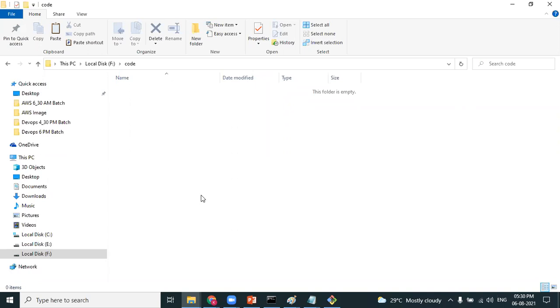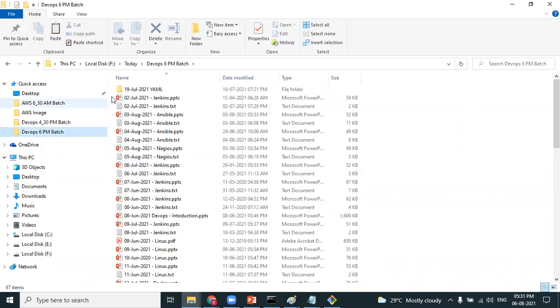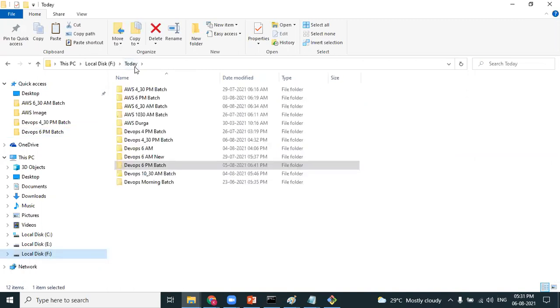Okay. If I delete the .git folder, what would happen to the local repository? That is not at all considered as a local repository. It's something like a normal folder. So if I delete that .git, I still have an option to convert it to a local repository. Again, you need to write git init again. Git init again. And my code will not be lost, right? Your code will not be lost. Those files will be available. So that means once Git is installed, a local repository is created, and that will not be lost. You will not lose the data. You will not lose the code.